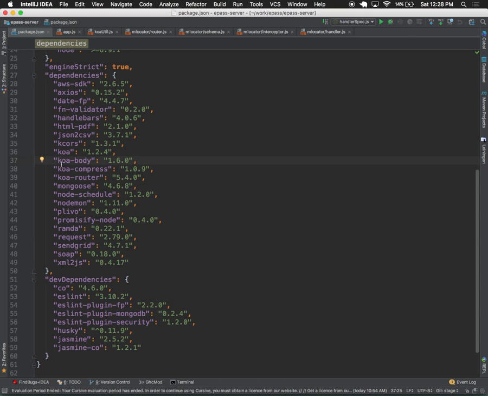So these are the different simpler components we use, like koa-body for JSON, compress for gzipping, and router as a simple router. This is one of the projects.